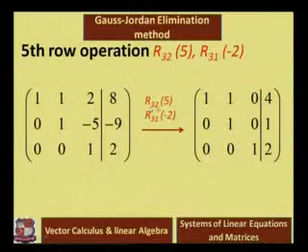For that, we proceed with R1 plus 5 times R3 and R2 minus 2 times R3, because we wish to make those two entries 0. Take the two operations. The resultant matrix is this, because we multiply this by minus 2 and add to this row, then the resultant value is 0, and similarly multiply this entry by 5 and add to this row, so again that is 0, and we do the operations simultaneously, and the resultant values are 4 and 1.